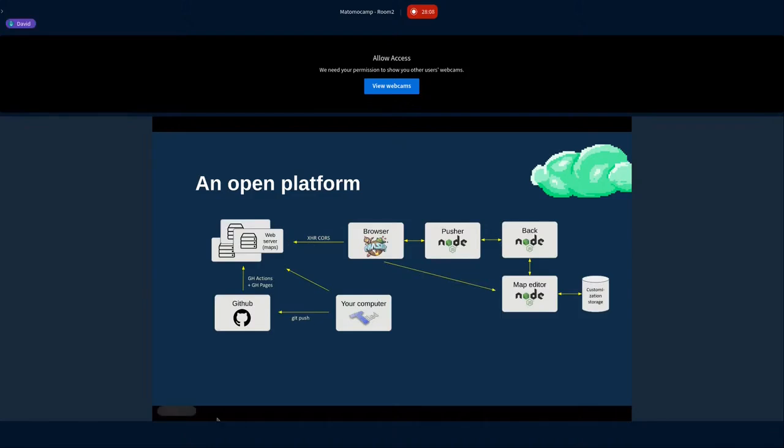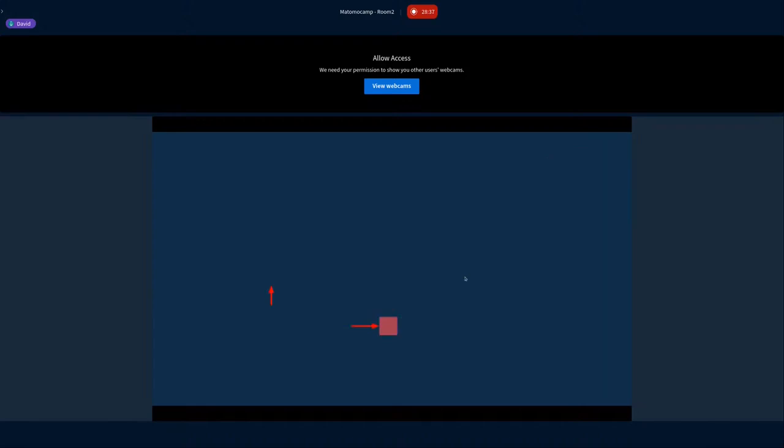And so basically, you design your map in Tiled. If you are going through GitHub Pages, you push your map on GitHub, and GitHub will deploy the map automatically on a web server. And when your visitors come and they are in the browser here, the map will be loaded from wherever it is on the web. And only the customizations, so the location of the objects, is going to be loaded from the WorkAdventure server itself.